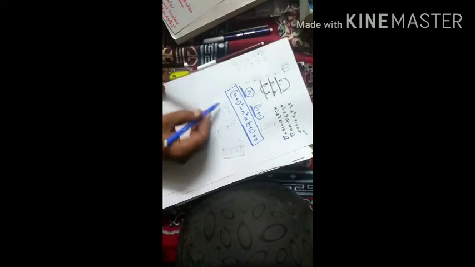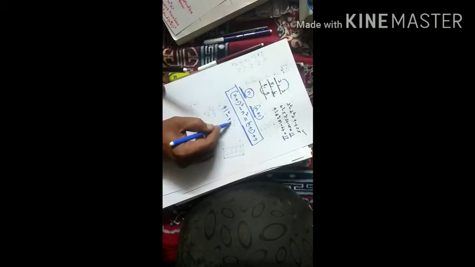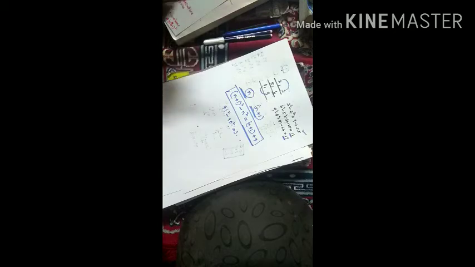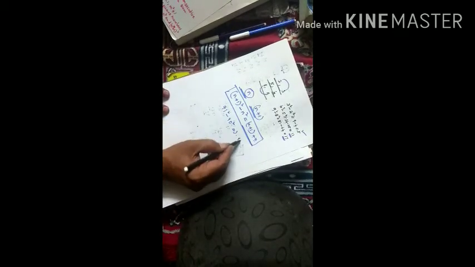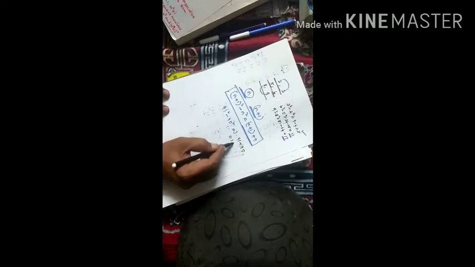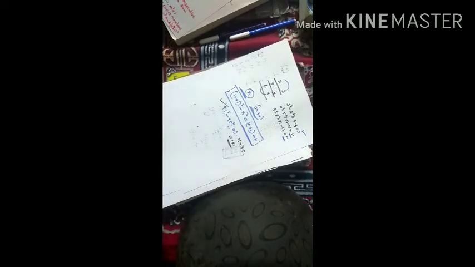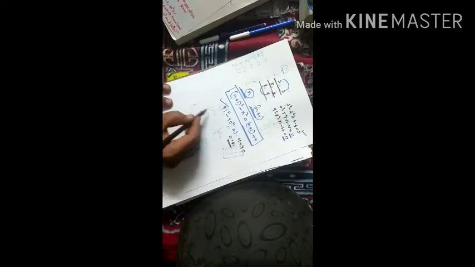Sometimes he will ask you, 91 square minus 90 square is equal to how much? 91 square minus 90 square. So you don't need to find the value of 91 square and 90 square, and you don't need to do the subtraction of those two values. Simply you can say, according to this property, 91 and 90 are two consecutive numbers. Therefore, their difference is equal to the sum of these two numbers, that is 91 plus 90, that is equal to 181 is the answer. So 91 square minus 90 square is equal to 181. For example, if you are asked 25 square minus 24 square.